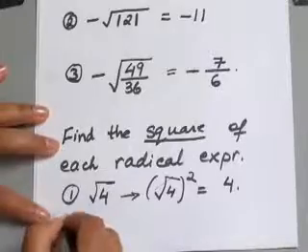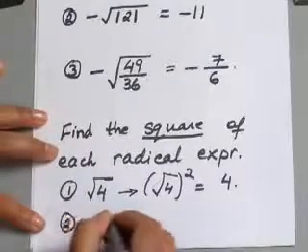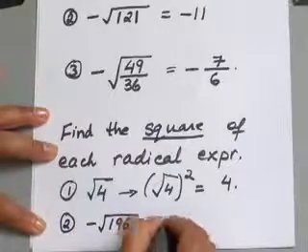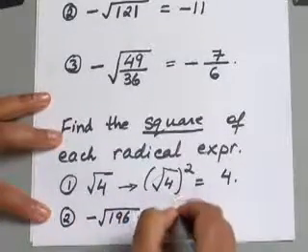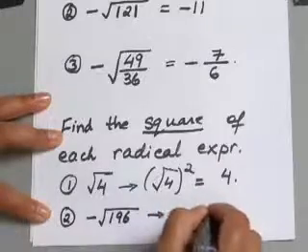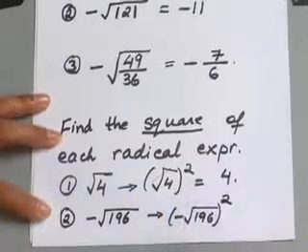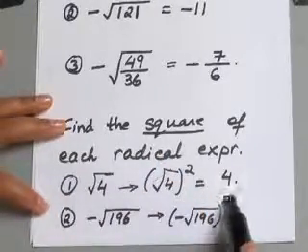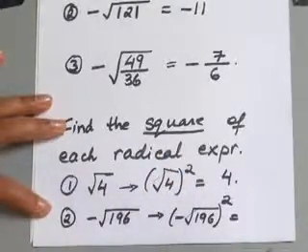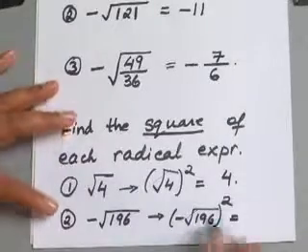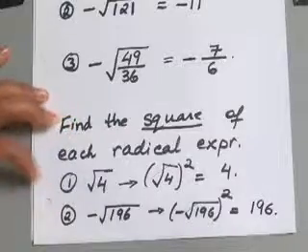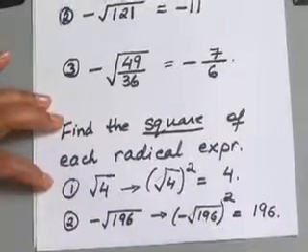So let's try and see what you will end up with if you try and square the negative square root of 196. So the same thing, we'll go ahead and square this radical here, and just like we did for the first one, your square cancels out your square root, and negative times negative gives you positive, so your answer again here will be just the radicand, which will be 196. All right, we'll go ahead and